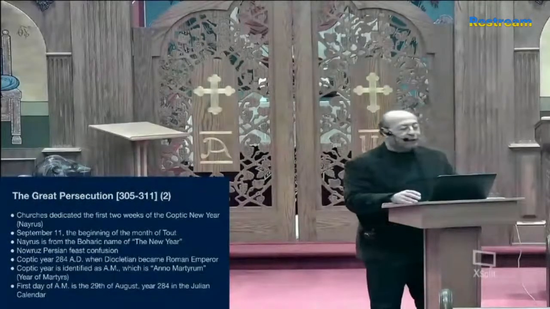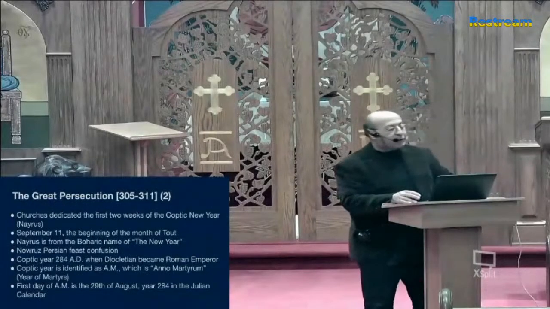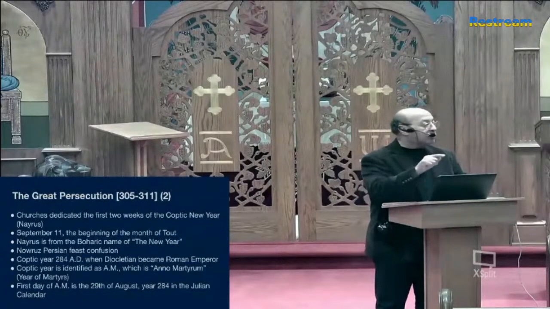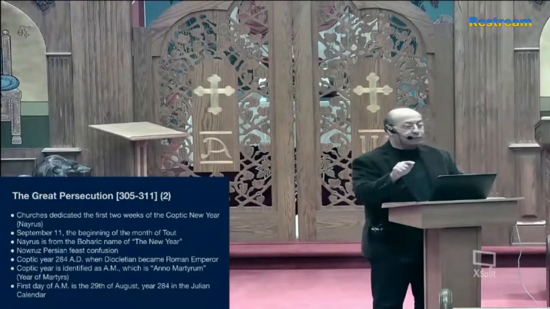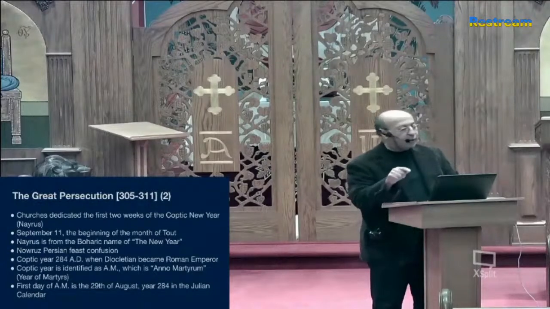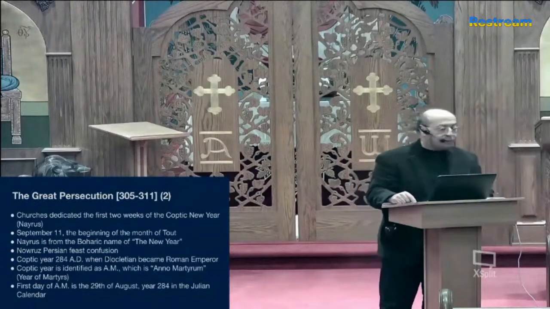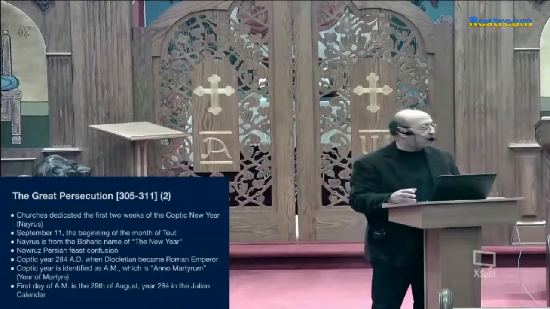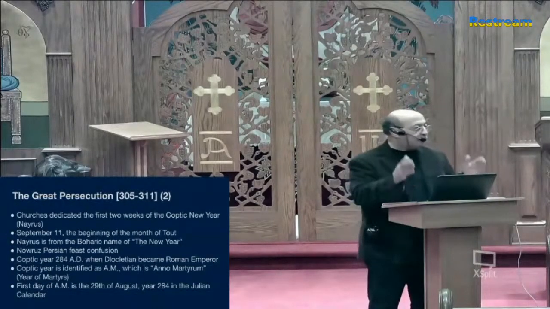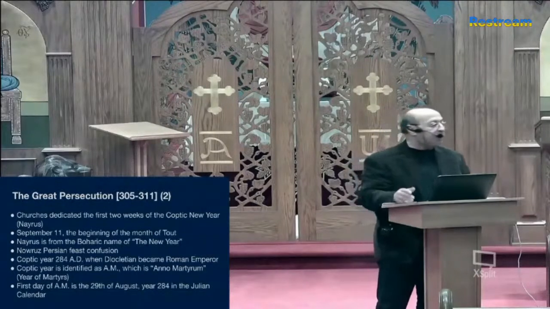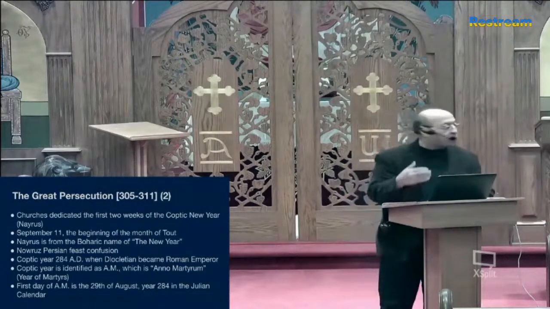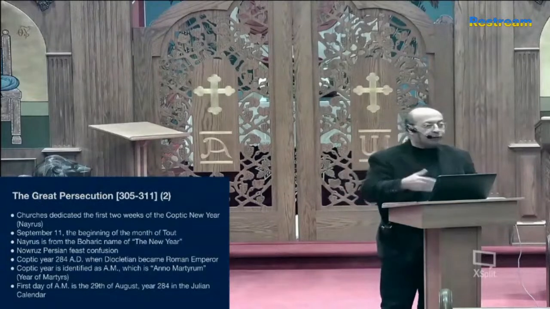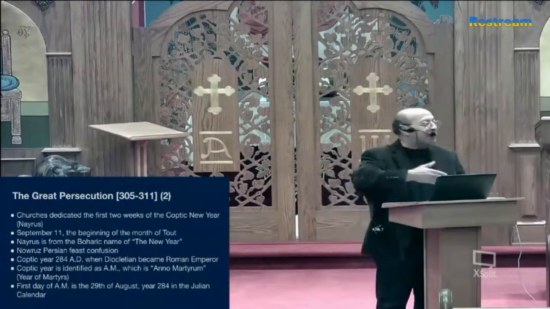Okay? The Coptic year, 284 AD, is not the end of the persecution. It is the year when Diocletian was assigned as an emperor. They call this the dark age of Christianity in the Alexandrian Church. So the beginning of his reign was the beginning of the Coptic year, 284 AD. Those things I did not know myself. I thought that the beginning of the Coptic year is the end of martyrdom. No, it was actually the beginning of the black or the dark age of